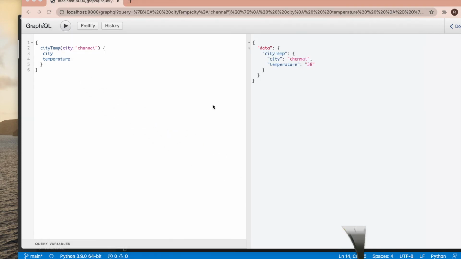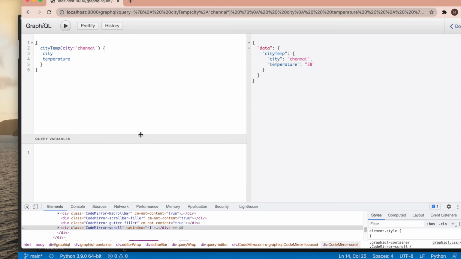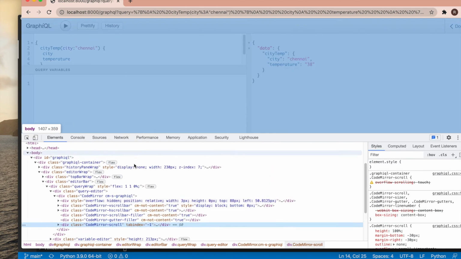Okay. So now the next interesting thing is that this is the GraphQL kind of a playground. In a real world application, nobody is going to use this playground. They are going to use some sort of front end, and from there they are going to hit this API endpoint. So how to hit this API endpoint? Okay, that we will see now.